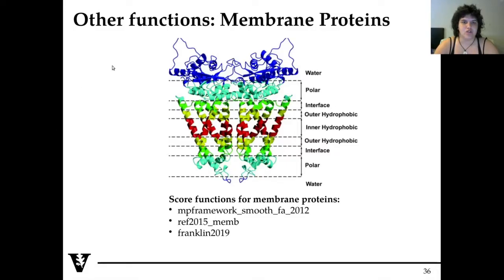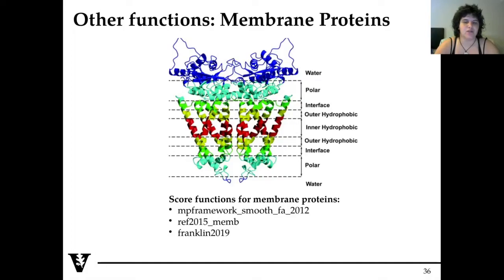Other things to mention regarding the scoring function. I described low resolution and high resolution, but there are special cases like membrane proteins. So as you may know, membrane proteins have two parts that are exposed to the solvent, so the extracellular and the intracellular loops, for example, but there is a whole part that is inserted in the membrane. And the membrane itself is not just hydrophobic, there is one layer that is polar, then there is an interface one, and then we have the hydrophobic core that is really the central part, and then as we go up we find again the interface and the polar